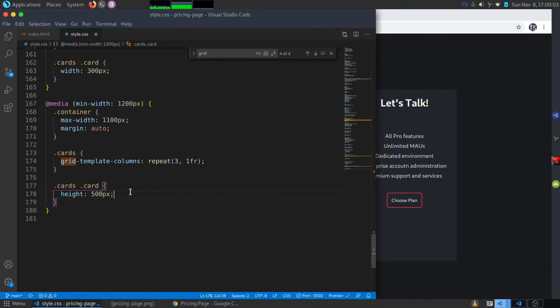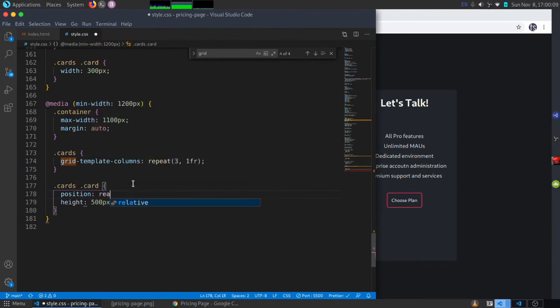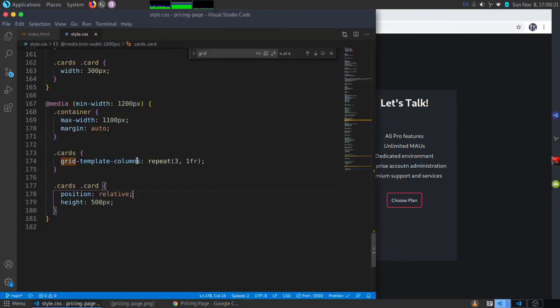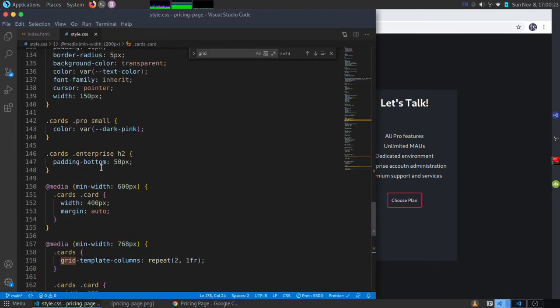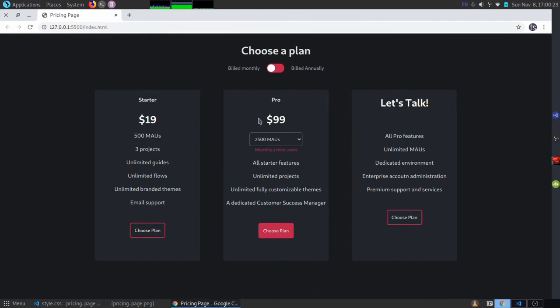We can just do position relative with the height of 500 pixels, and then we're going to grab this button, and let's just say for these heights, let's increase the heights of the list items to 20 pixels,